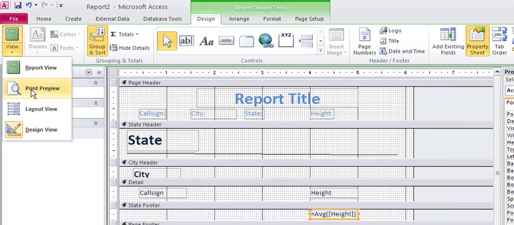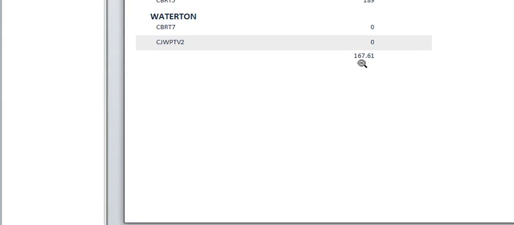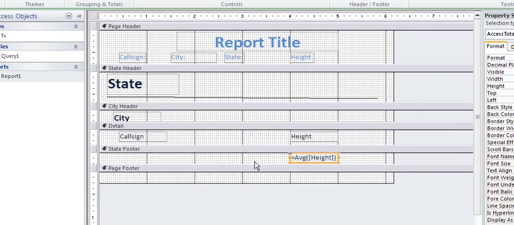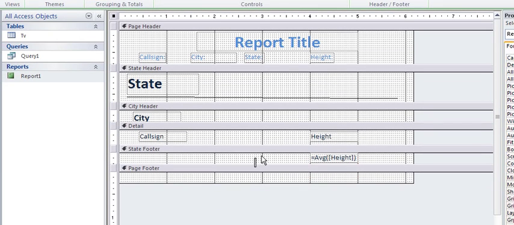Go back to page 2 here. So 167.61 is the average height. And again, we want to label that. So I'm going to go back to the state footer. And we're going to go to our labels, which are right here. And I'm going to say average